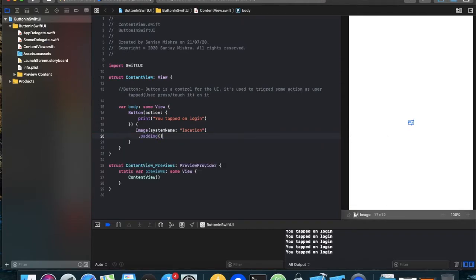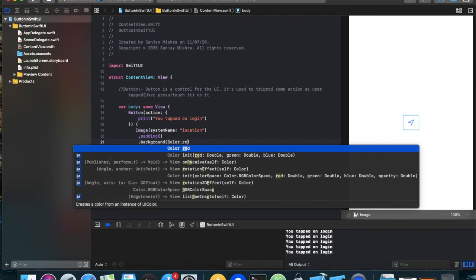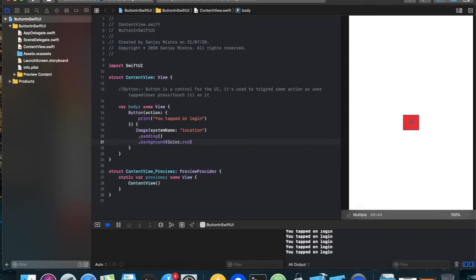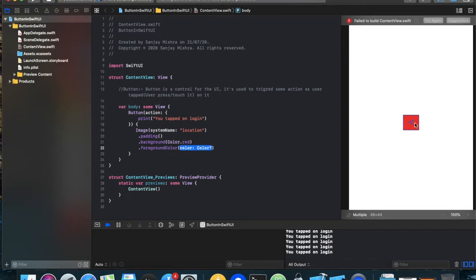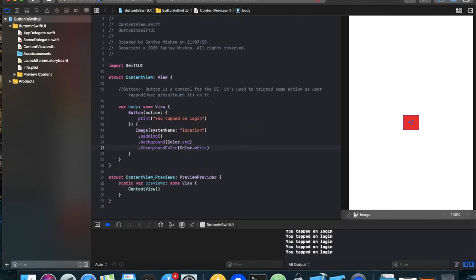Similarly background color, color dot red, and set foreground color. For this I just want the icon to be in white, not in blue. If it is in white, we'll have some more visibility.